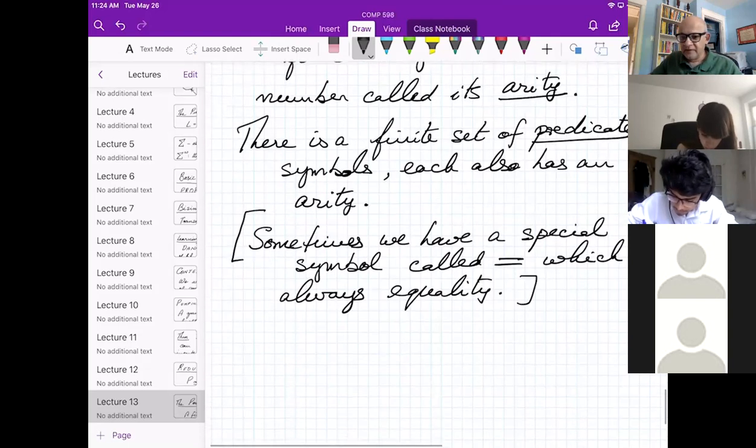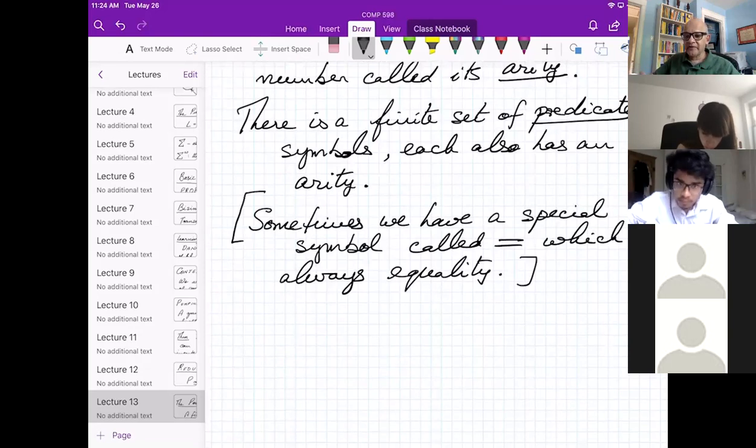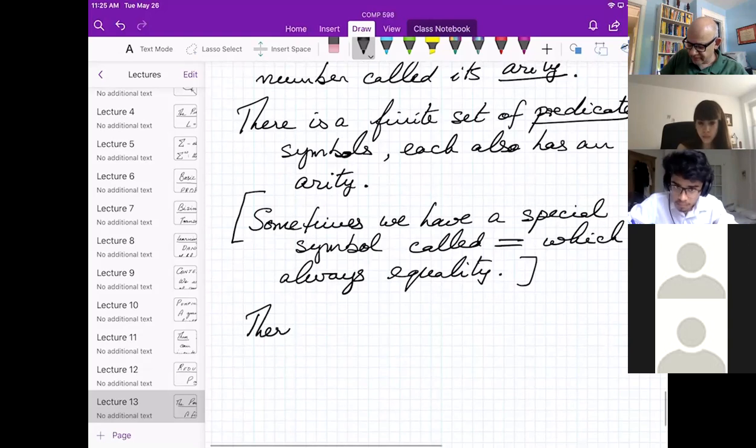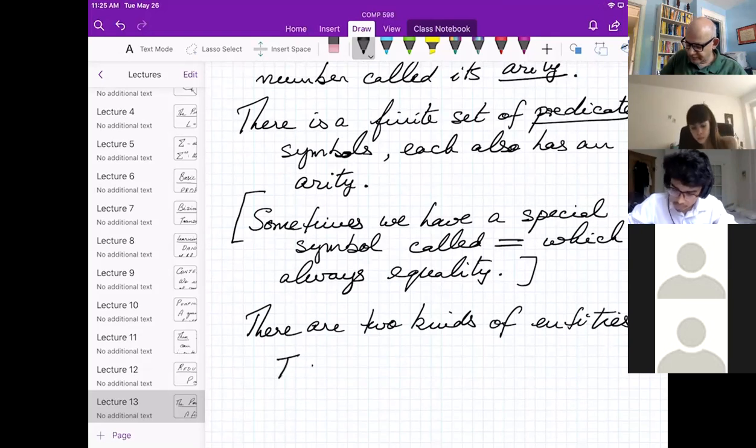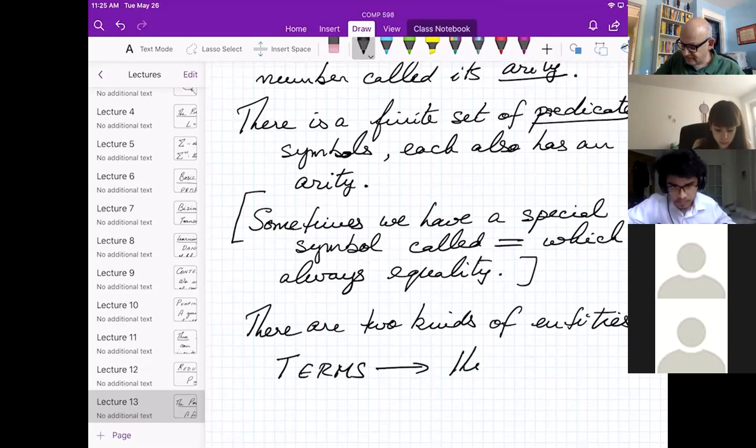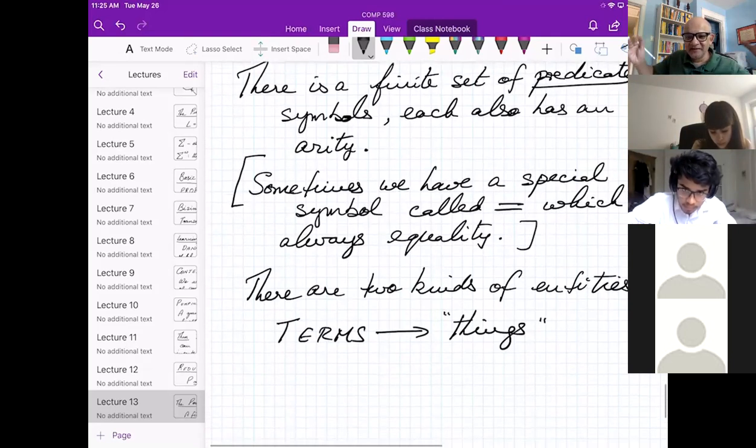Okay, now this is the starting point of the construction. There are two kinds of entities. These are called terms, which stand for things. These terms designate things in the universe that your logic is talking about.